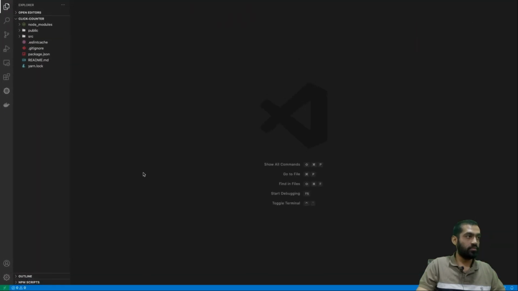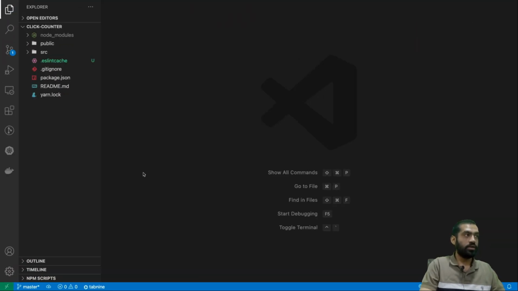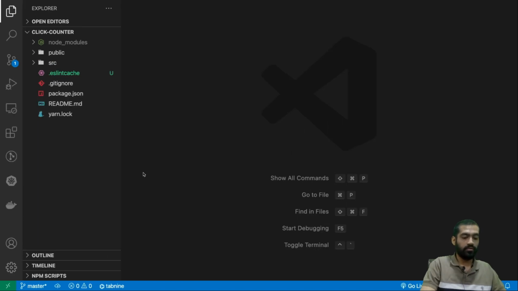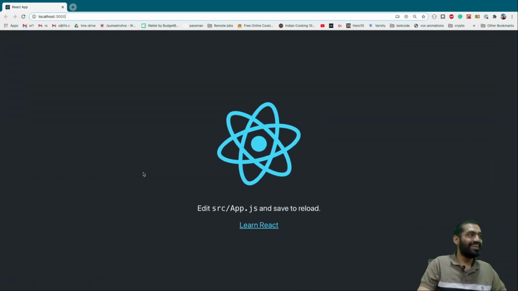And let's get it to full screen. Zoom in a bit so that it's visible to everyone. I guess this is good enough for you. Oh, it's way too much, but okay. Yeah, cool.